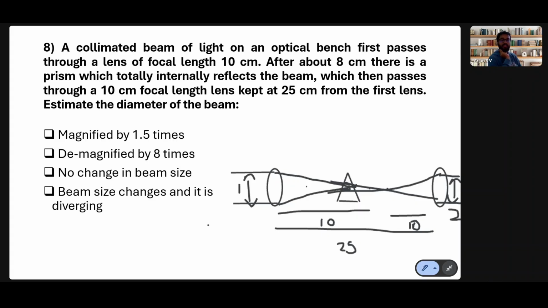How do we go about it? Using the focal length information. We know that the focal length of the first lens is 10, and that the distance of the first lens from the second lens is 25. So if we do the math, the distance of the focal point of the first lens from the second lens is 15 centimeter. That we already know. So what we have to do is apply this formula, which is saying